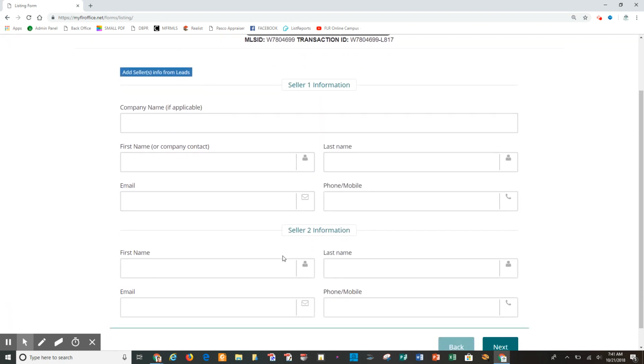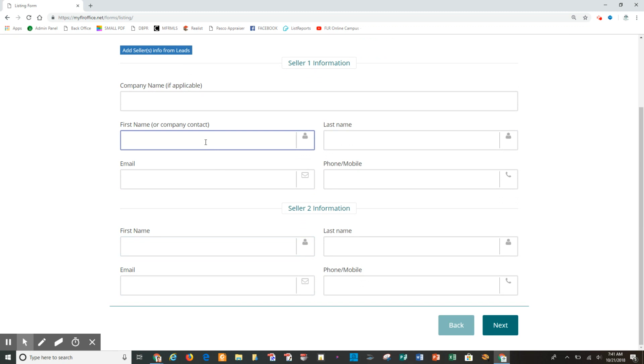And then we need to put in the seller, our client information. So if there's one person, we'll just say Sam Smith. His email address is samsmith1234 at yahoo.com. It's really important that you put this data in there